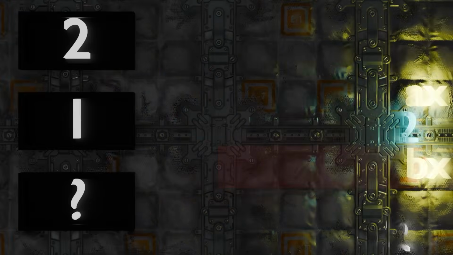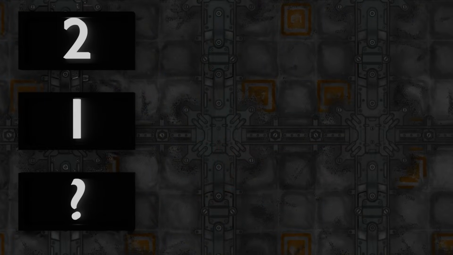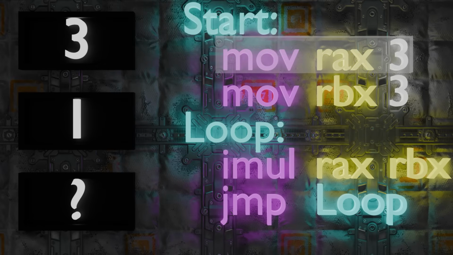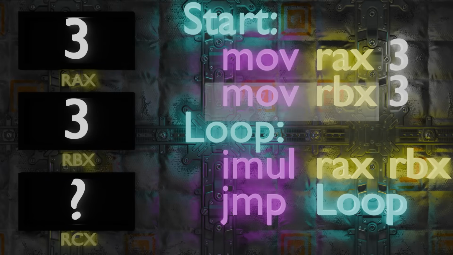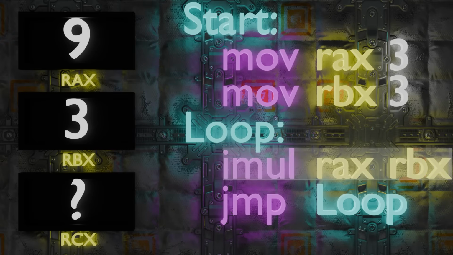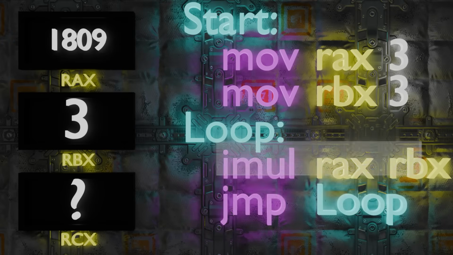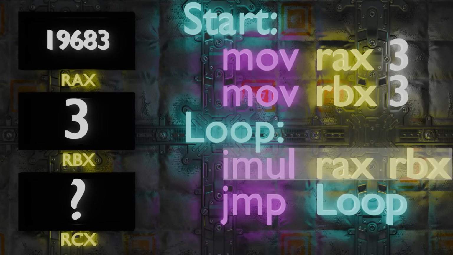But the crucial thing to remember is that jump doesn't have to go forward. You could as well execute code like so. Then what this effectively translates to is us starting by moving 3 into the register A, register B, then multiplying them into A, and then go back to loop. Multiply again, go back to loop, and so on, so forth. We've achieved loops. There is one problem, however. These loops are permanent. Once you start a loop, there is no way to break it, and for that we'll